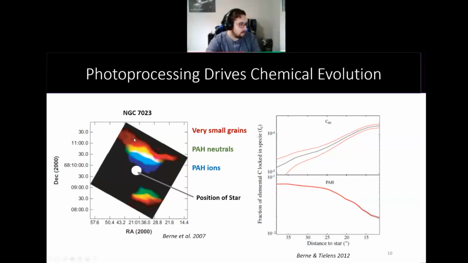So very small grains peak at the molecular cloud or PDR front region, and as you move closer and closer to the illuminating source, you find prominent emission from neutral PAHs, shown in green, and further inwards you get more emission from ionic PAHs. And moving closer and closer to the star, you find that the PAH abundance decreases, whereas you also find an increase in emission from C60 or Buckminsterfullerene. So these authors have taken this to suggest that the destruction or isomerization of large PAHs may result in the formation of these fullerene molecules.